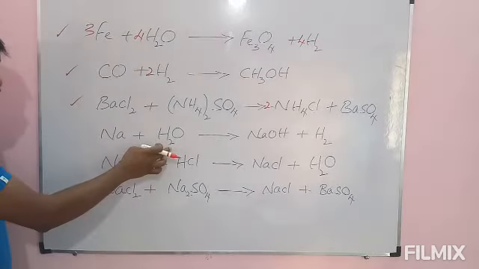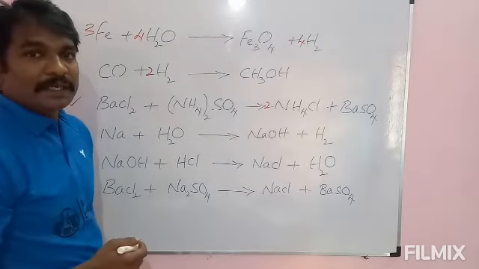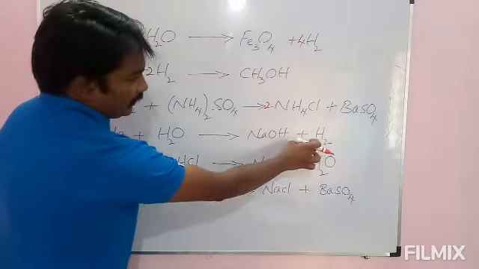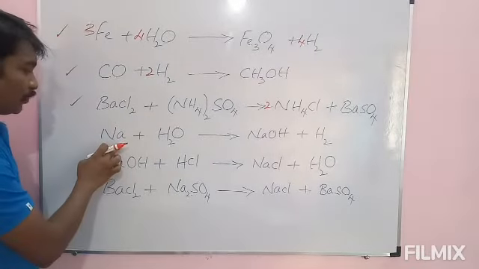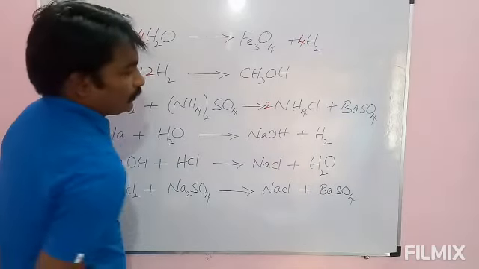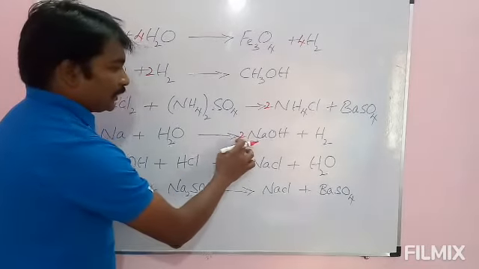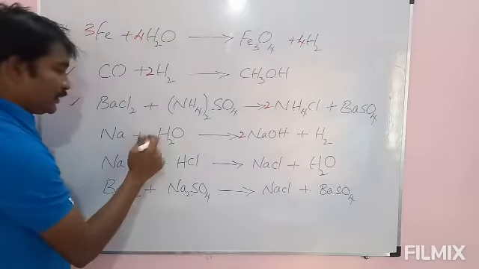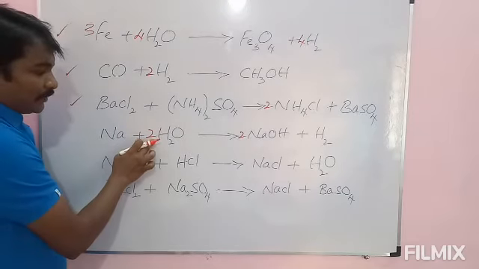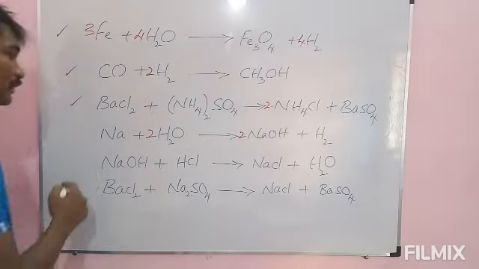Next, sodium reacts with water. It is a vigorous, violent reaction, highly exothermic. We will discuss exothermic and endothermic reactions later. Sodium reacts with water and it forms sodium hydroxide and evolves hydrogen gas. 1 sodium, 2 hydrogens, 3 hydrogens are there. That's why we will write 2 here, then 2 plus 2, 4, and here 2 is there, we will write 2, 2 2s are 4. Hydrogens balanced. After writing 2, oxygen becomes 2 1s are 2, 2 1s are 2. Oxygens balanced.